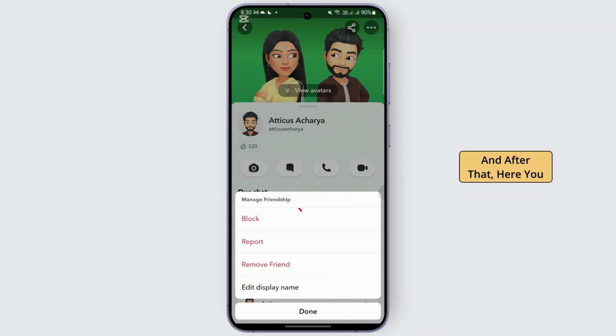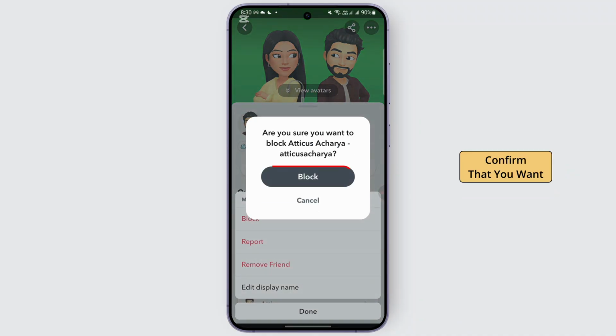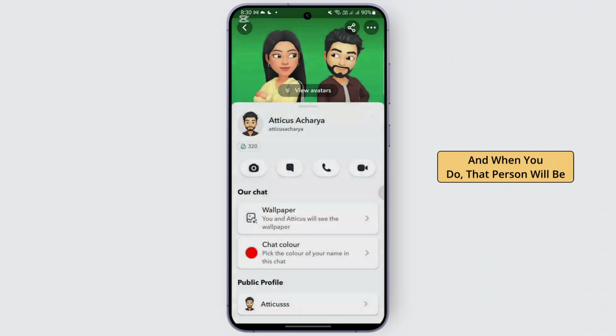And after that, here you will be given a block option. All you gotta do is simply tap on the block option and confirm that you want to block this person. And when you do, that person will be blocked on Snapchat. That is how you block people on